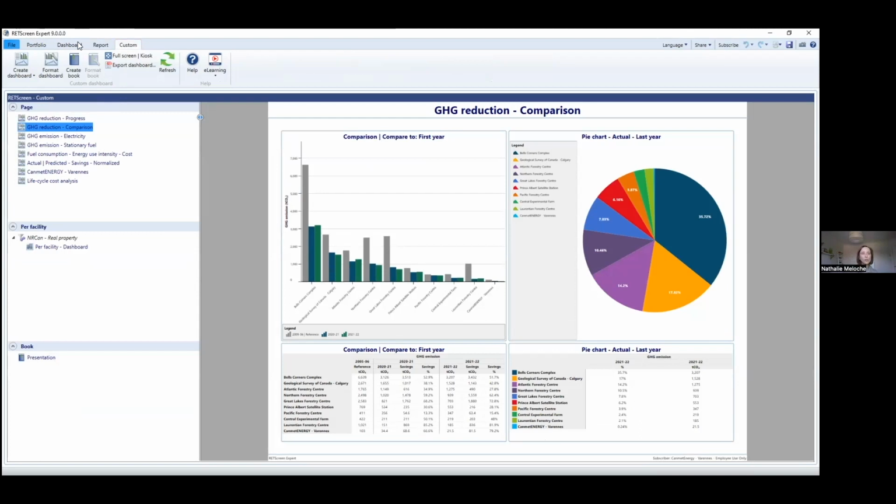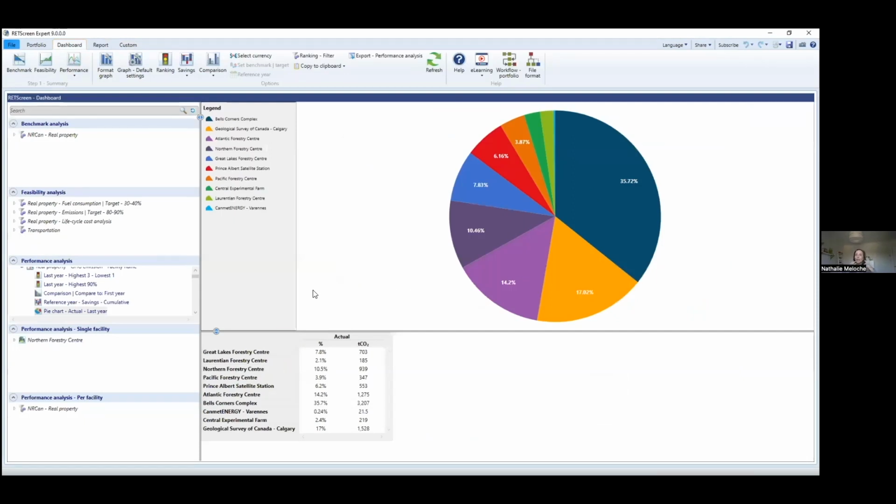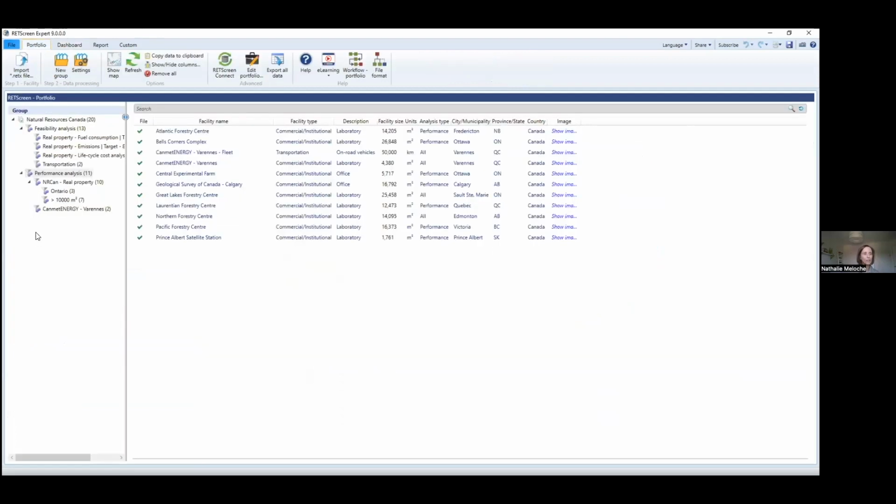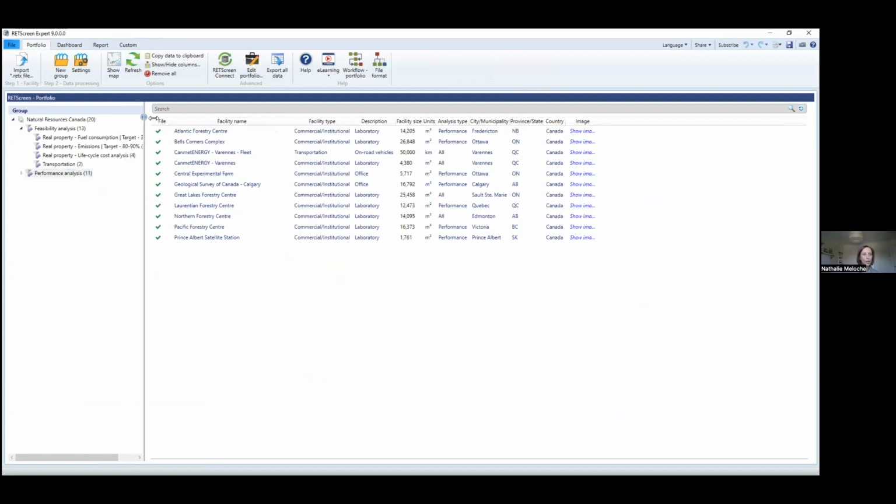Along with that new graph, we also added, as I mentioned before, the possibility to report on water and waste at the portfolio level. So now let's move again into the portfolio and start looking at what you can do at the portfolio level when you have multiple feasibility analyses. So here we are showing you a couple of